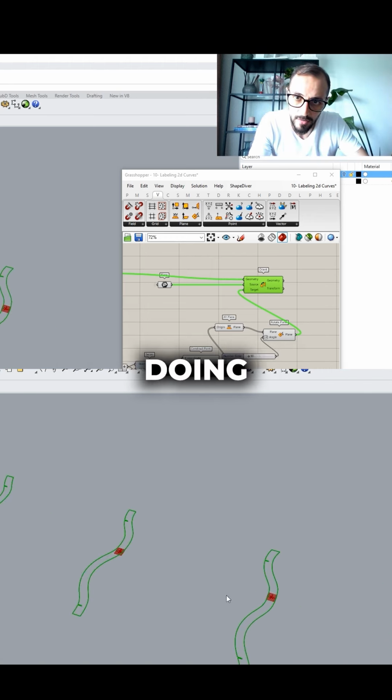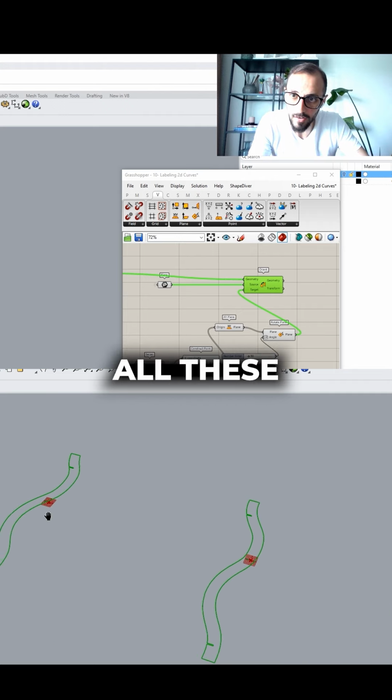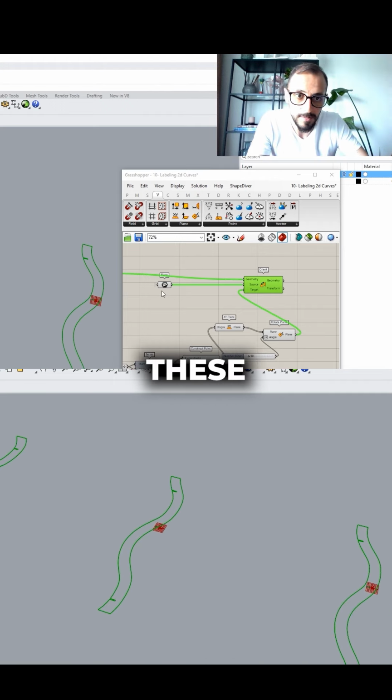And what we are doing here, you see we are having all these points, but these planes are like